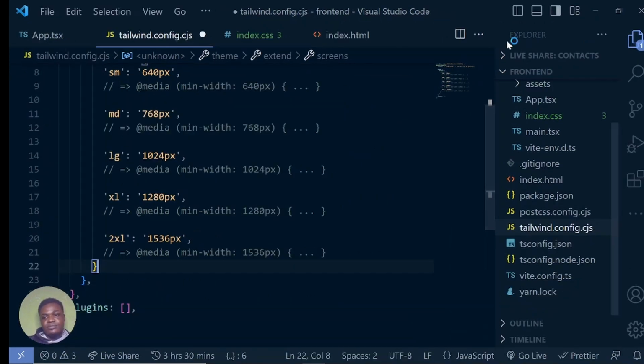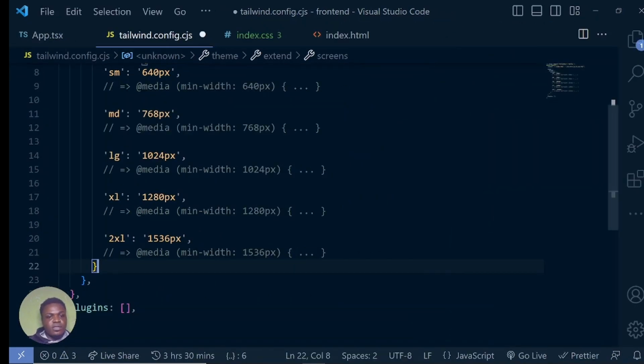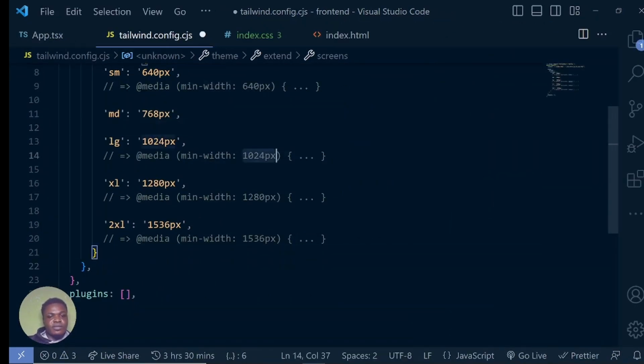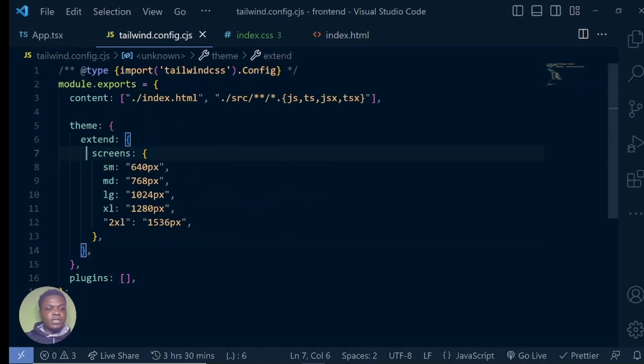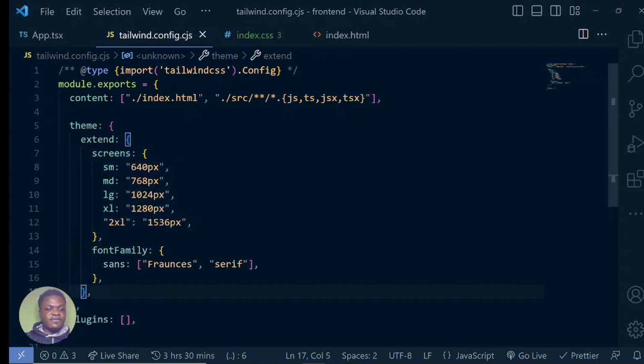Right here inside this extend, let's paste everything we copied. Let me shrink a bit and close this up. I will clean up this one by removing all this. So I'm done with the cleanup here. One other thing I want to add is the font family. I'm going to go down here right after the screens and paste my font family. This is Francis, and then this is serif. And then I need to actually import this font family from